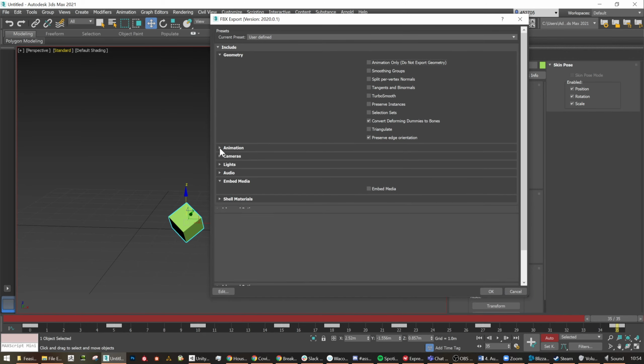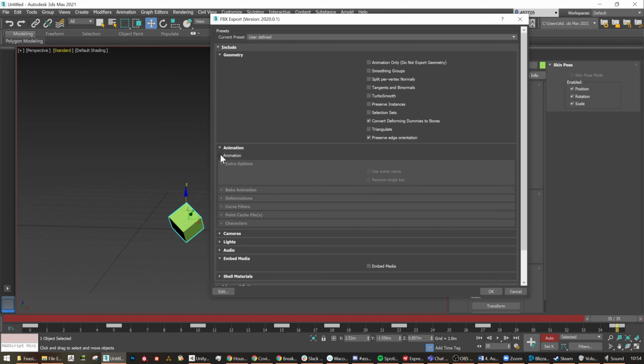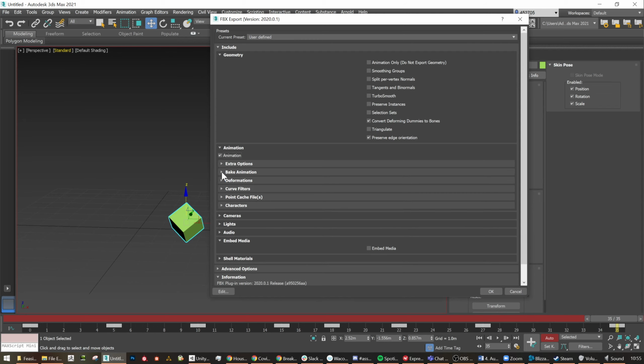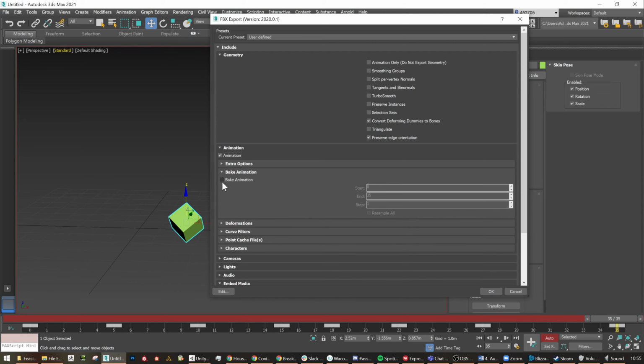And then we now need to have this animation toggle turned on for the first time in forever. We can leave the extra options. For bake animations, we may or may not want to bake. So what baking animations will do, if I import this now, it's going to import to Unity with these keyframes. So one keyframe to here. So it's going to have 35, but it'll have keyframes at those set points. If I bake it, it's going to have a keyframe on every single frame. So it's going to be like, okay, at this frame, it's on the ground. At this frame, it's squashing a little bit. This frame is squashing a little bit more. And it's just going to add frames to every single frame